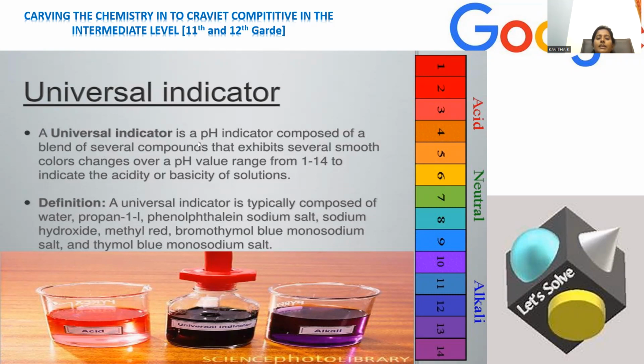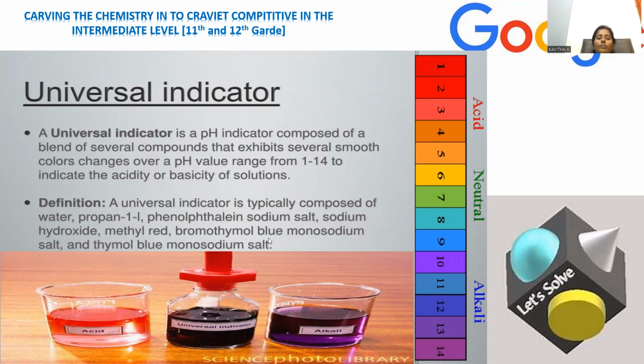A universal indicator is a pH indicator used to measure the nature of the compound in terms of acidic, neutral, and alkalinity, right? It is a pH indicator composed of a blend of several compounds. It exhibits several smooth color changes in the pH range from 1 to 14 to indicate the acidity or basicity of solutions. Definition: a universal indicator is typically composed of water, propan-1-ol, naphthalene,